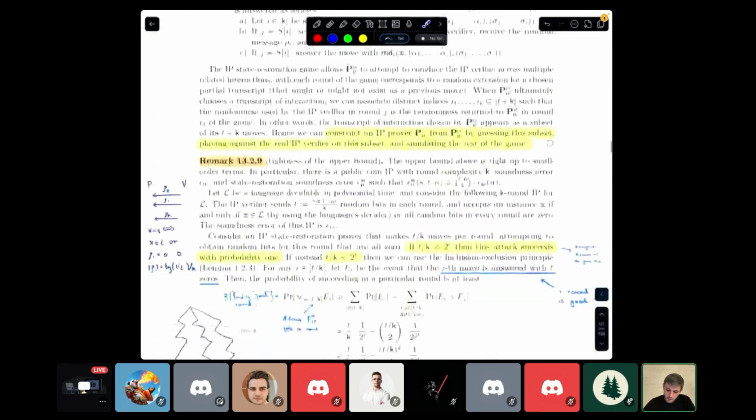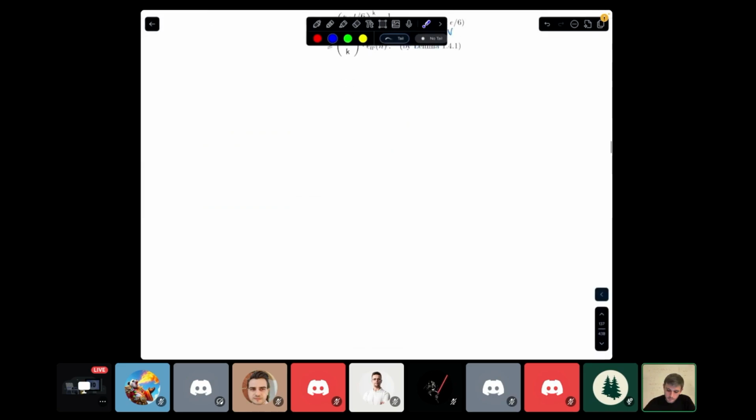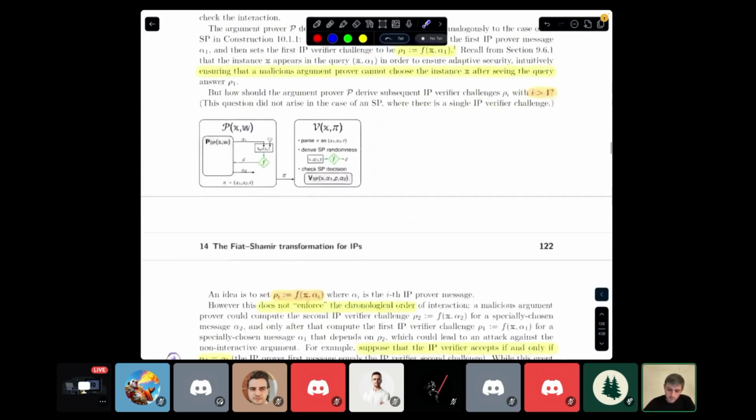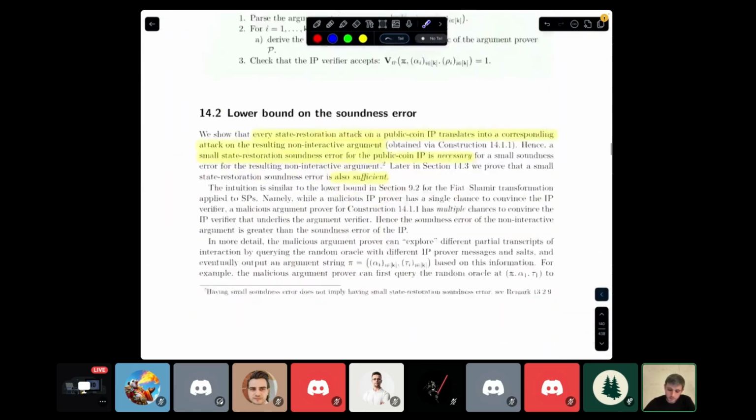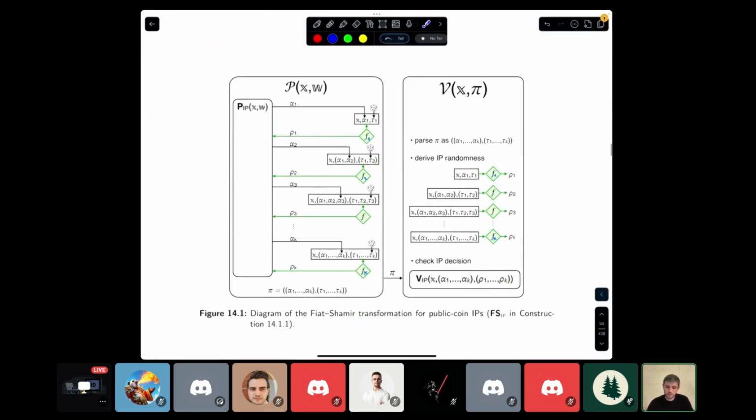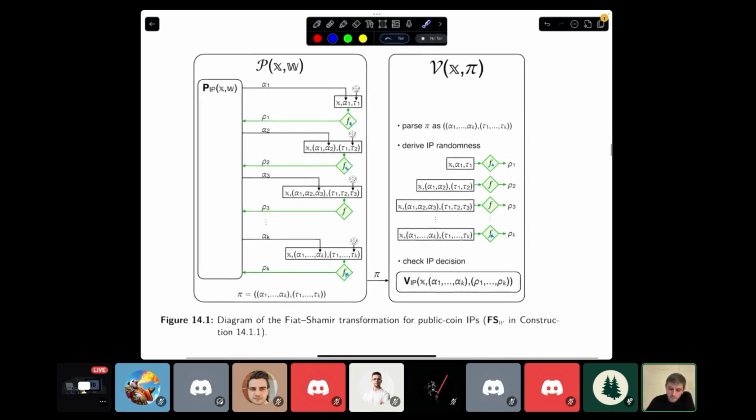Okay, so I see that we don't have a lot of time, but just let me show you the construction of transforming interactive proofs into an argument. This uses the Fiat-Shamir transformation, and also you might see why we did all the hard work of defining state restoration soundness the way we did, because this construction